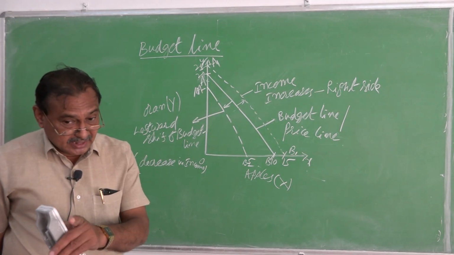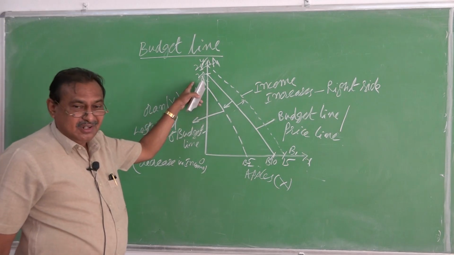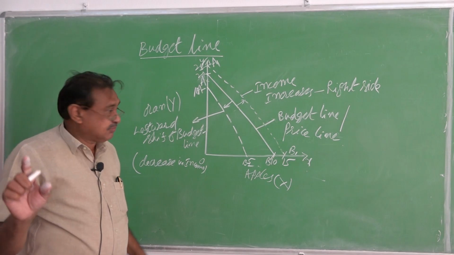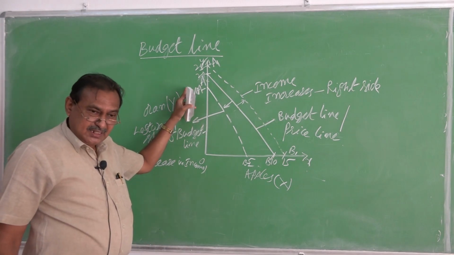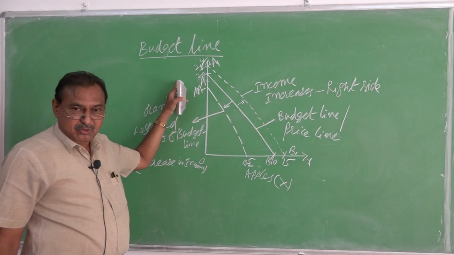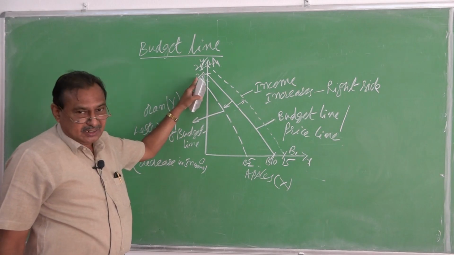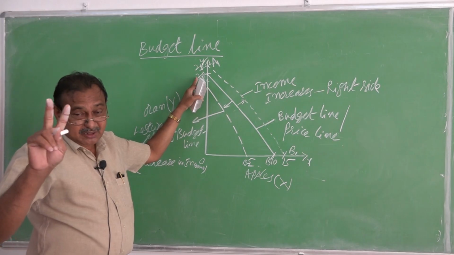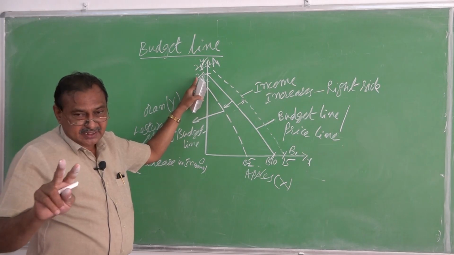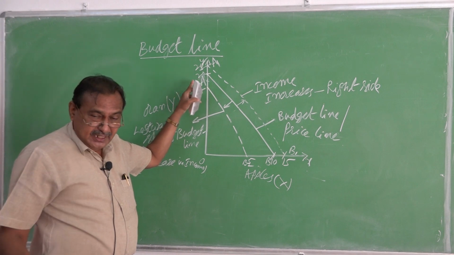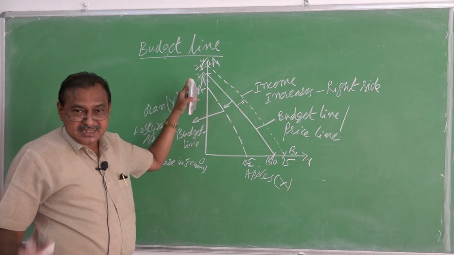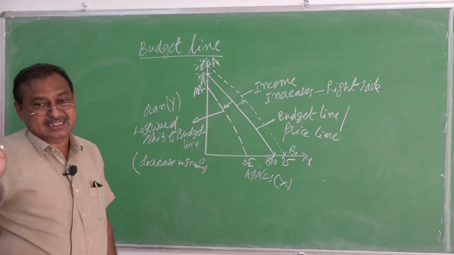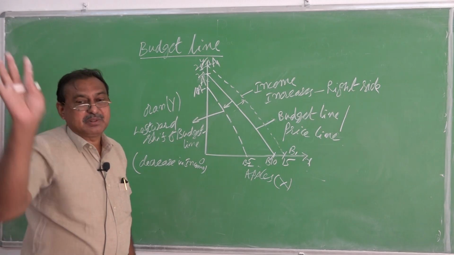Here please remember, there is no change in the price of oranges. We are not changing the price of the second commodity. That price is the same, fixed, 5 rupees. We purchased 20 oranges. And income is also unchanged. Two things remain constant: income is constant and one commodity price is constant. Second commodity price decreases. What will be the budget line?